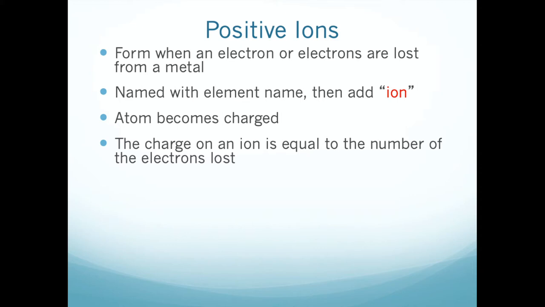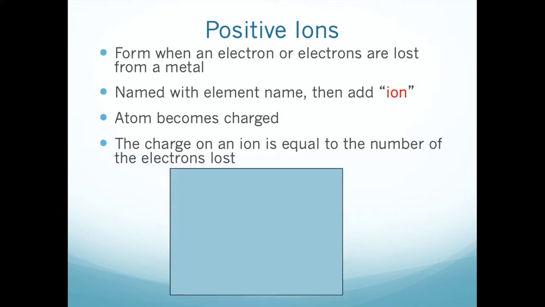Now, electrons are negatively charged, so when a metal atom loses these negative electrons, what's left behind is a positive ion. It's positive because it still has the same number of positive protons despite losing its negative electrons. So that charge imbalance leaves behind a positive ion. I gave you an example there with sodium. When it loses that one electron it needs to get down to the noble gas configuration of neon,